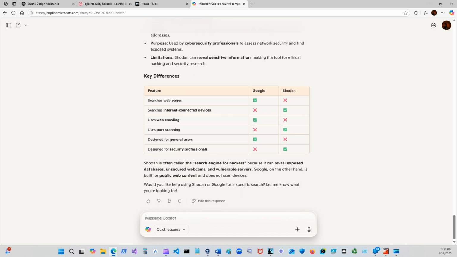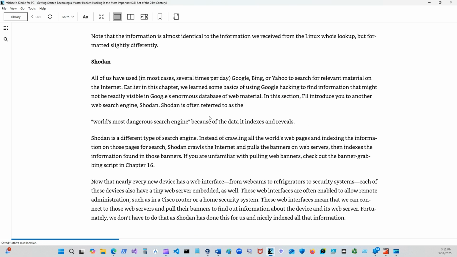So what I did was I'm reading, and then I got stuck on something. Now I didn't get stuck because I've already done this research before. I know the difference. I know what Shodan is. I know what a banner is. I know what it's searching on that deeper level. I know what it's doing, from the programming level, the guy that created it.